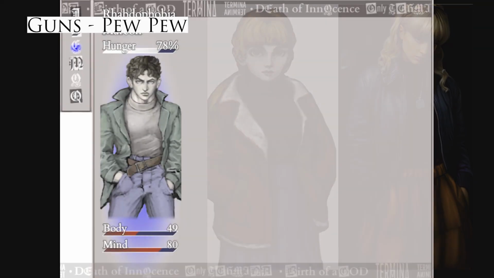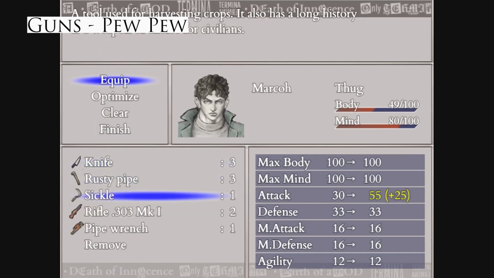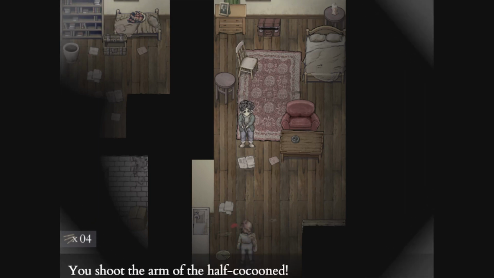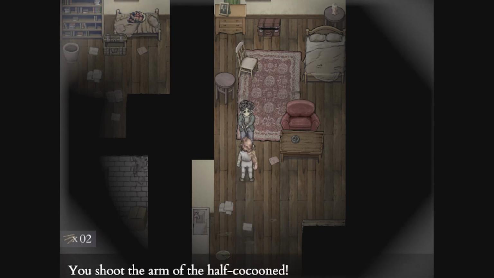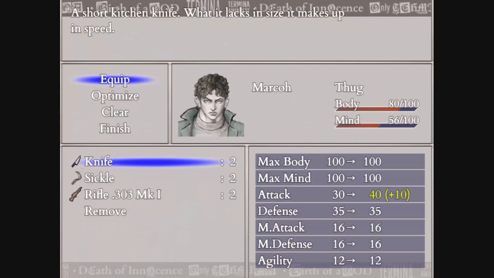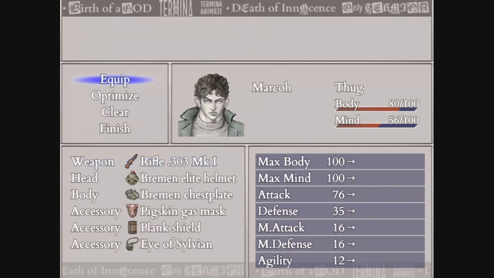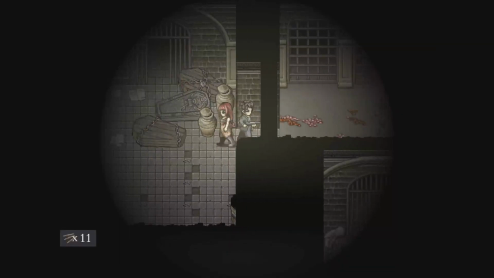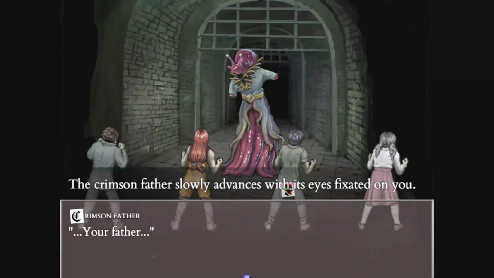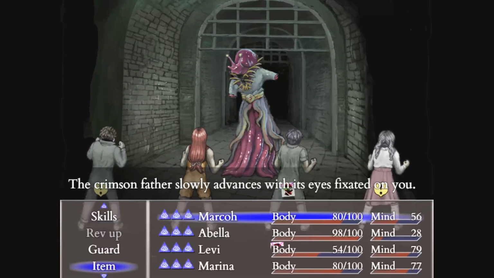In accordance to the new setting, there are now guns in the game. In combat, they function as fairly powerful weapons, but what I think is where they really shine is using them in the overhead map view, that allows you to basically soften up an enemy before you fight him. So in this footage, you can see the half cocoon man has already lost his arms before even beginning the fight. And if you apply enough damage, you'll be able to kill the monster before he even gets to you